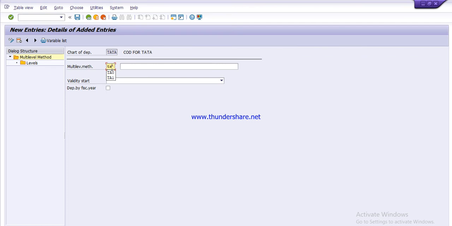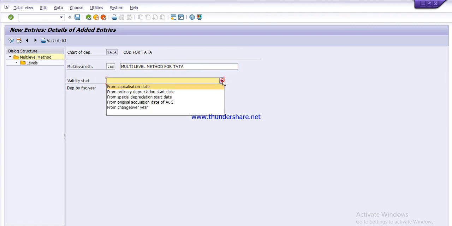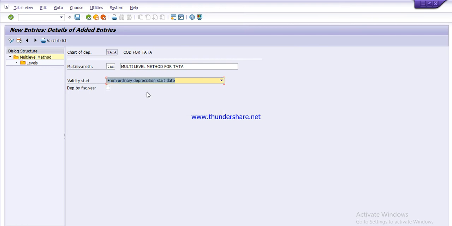And here you have to tell the validity start, the date from when you want to start the depreciation. So I am selecting this second one, from ordinary depreciation start date.